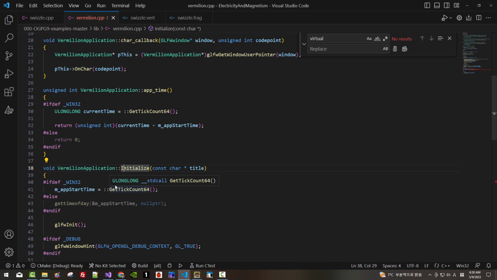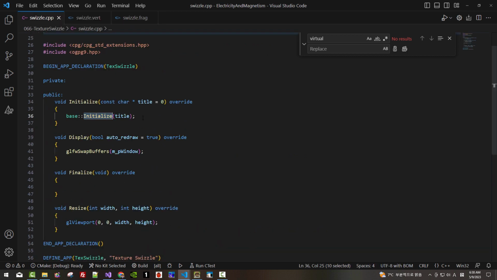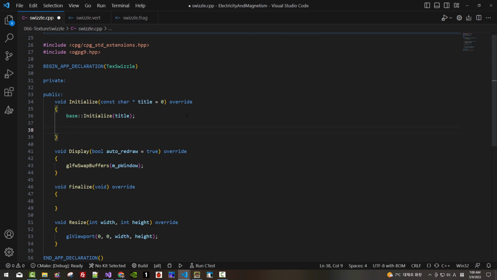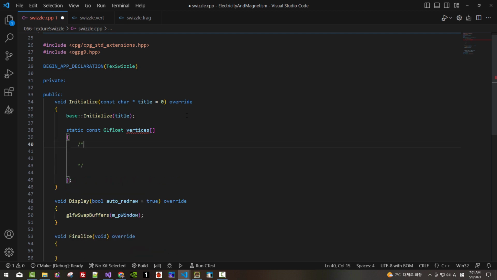Defined here, we have to call initialize defined in the base class. Now close it. We define vertices, static constant GLfloat vertices. This is an array. Don't miss the semicolon here. This is for